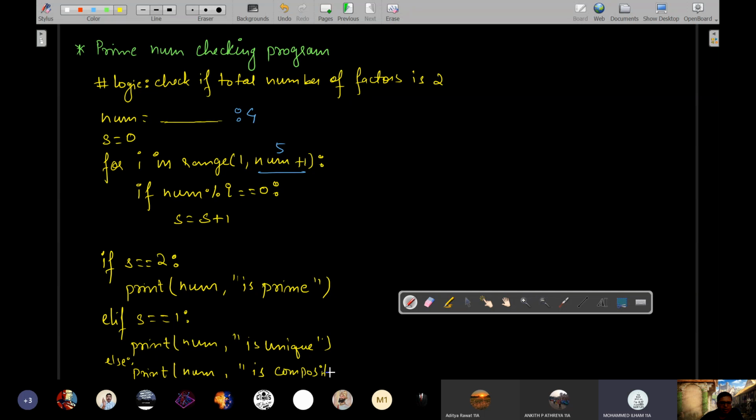Sir, if the number is 0, then... Natural number के लिए 0 कैसे आएगा? You tell me. Okay, sir, fine. The program is saying to input natural numbers. So the natural number will at least be 1, in which case it will be unique. If the number is 2 or more in magnitude, then either it will be prime or composite.